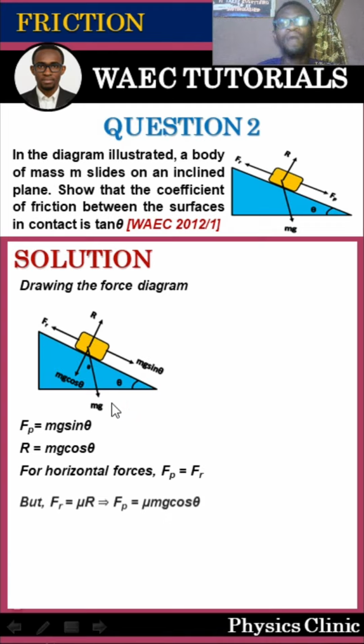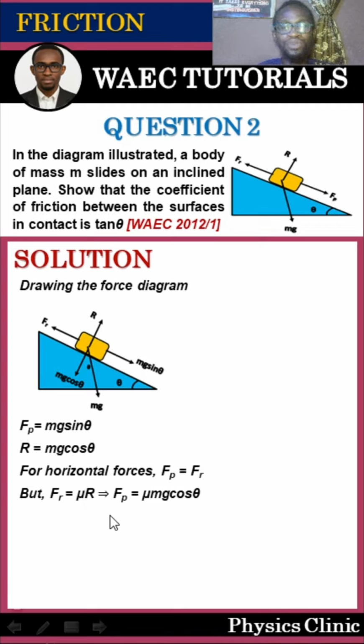So from our law of what? That is the last law, the fifth law of solid friction. Frictional force is equal to mu R. So they ask us to prove that mu is equal to tan theta. So what it means is that Fp, which is now equal to Fr, is equal to mu mg cos theta. And from what we have said earlier on, Fp is equal to mg sin theta,